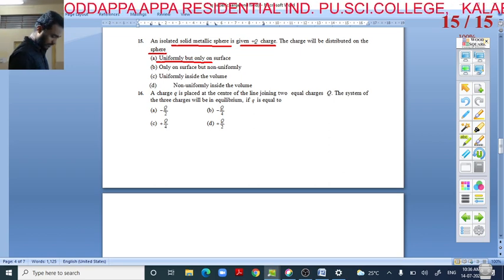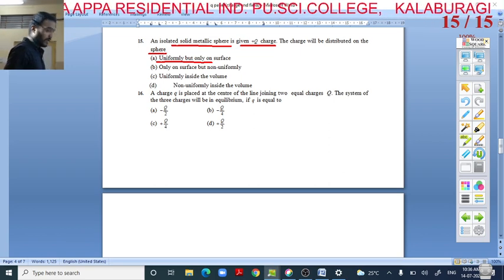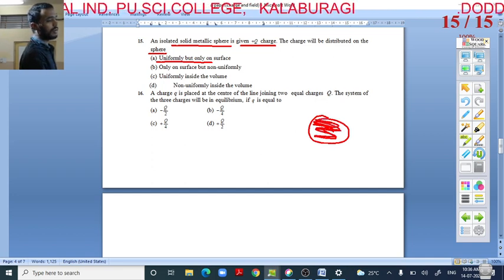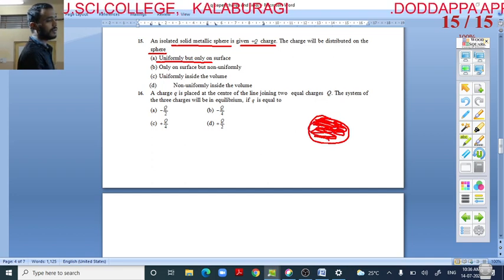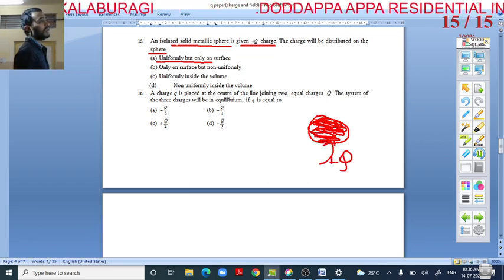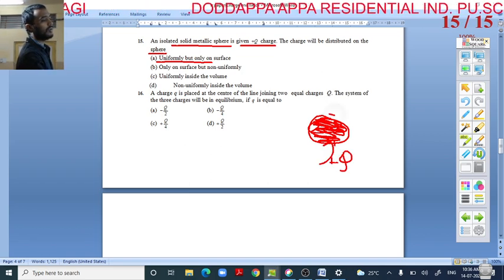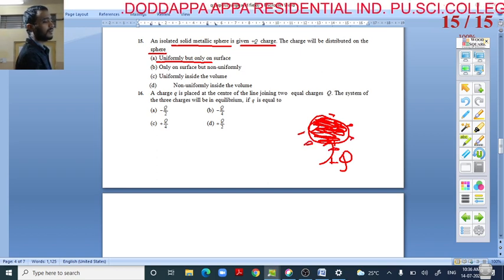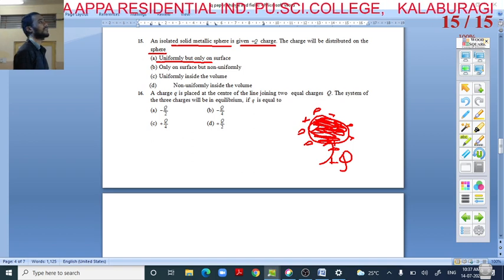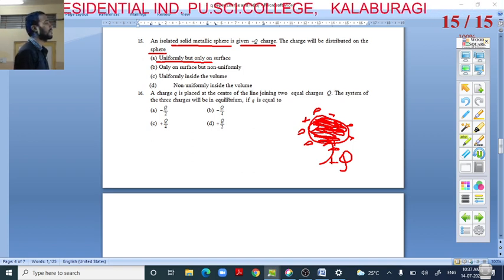Because as we give the charge to the solid sphere, plus q, it will be distributed over the surface, right? So our option is the first option. Next,